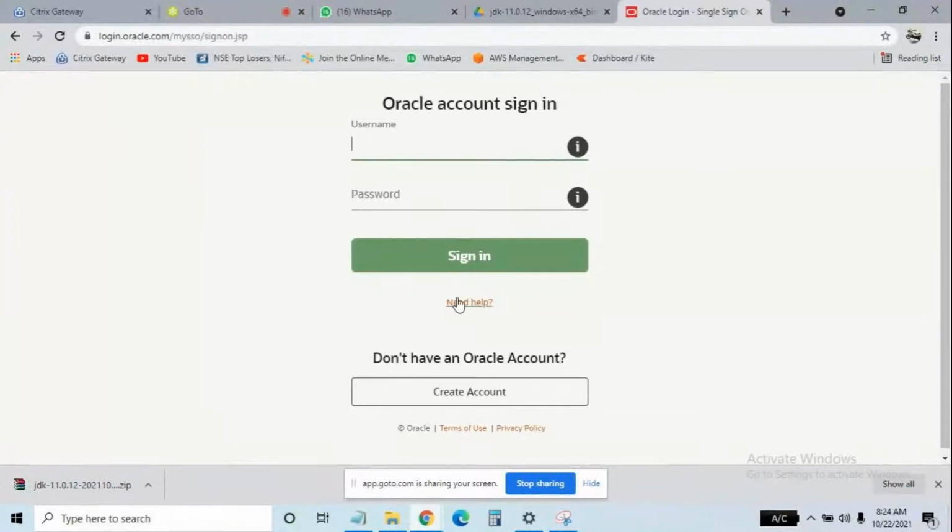Let me create a username. In WhatsApp, I pinged you the username. You can enter that. And the password also I'm pinging.